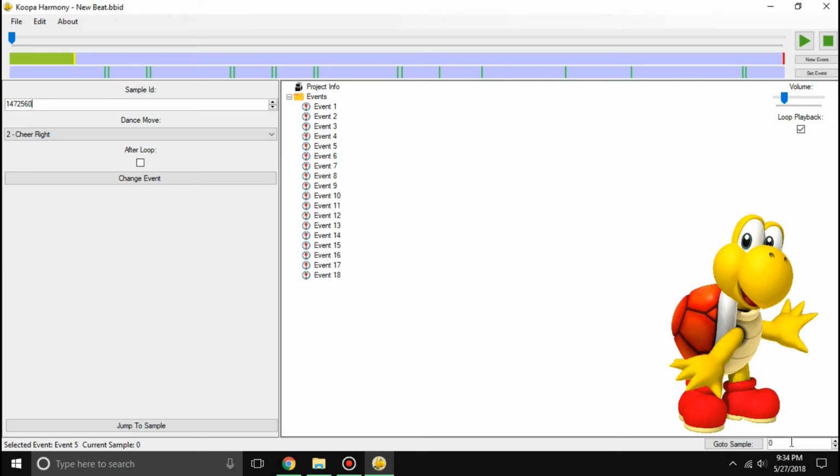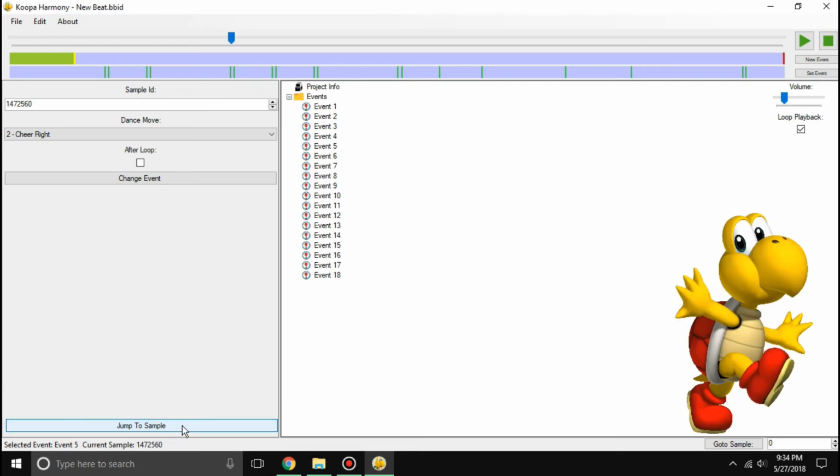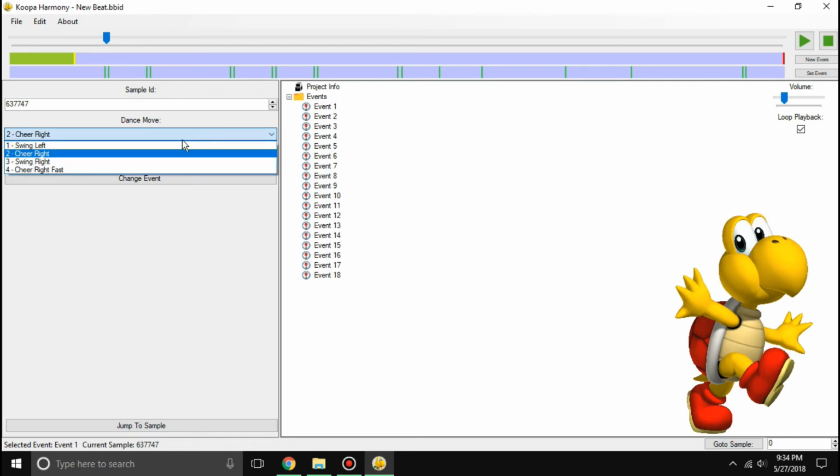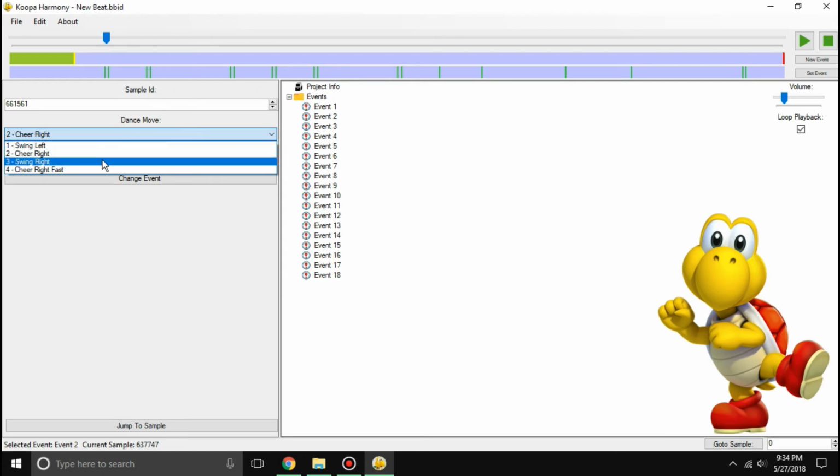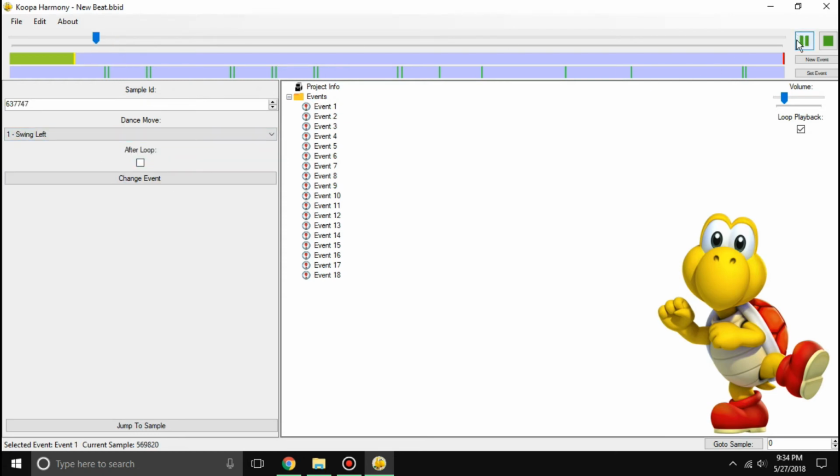And over here we have a button to go to the sample, and we also have a jump to sample here that tells you where I placed the bop or whatever. So if I jump to this sample, you can see that the first two events would be da da. So I'm just going to make him swing left, change event, and then swing right, change event. So now if I play this,